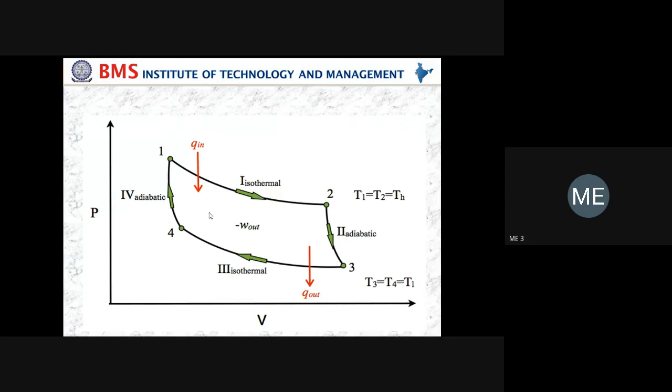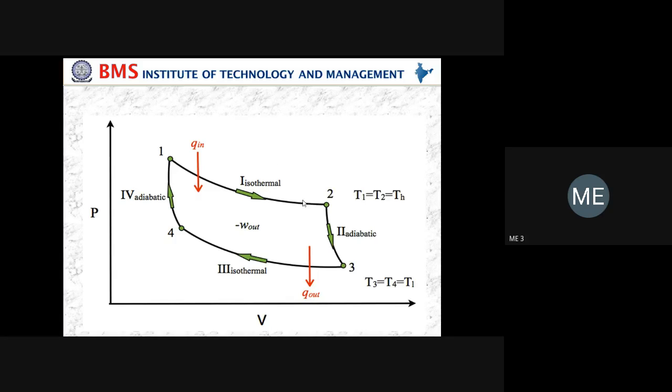You remember that. So it is a constant temperature process, but the heat is supplied in this process only. Okay, remember, the heat is supplied during the isothermal expansion process. There is no change in temperature, but the heat is supplied during that particular process. This is the first one.